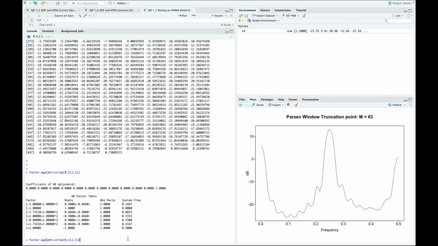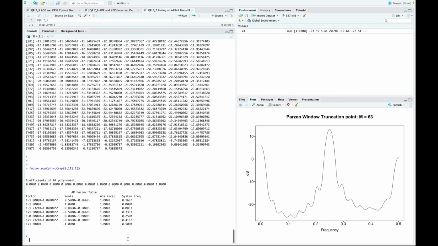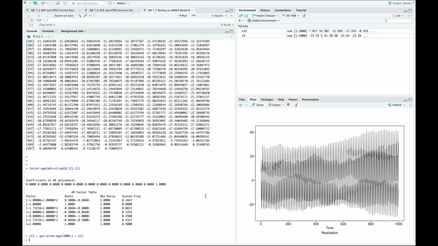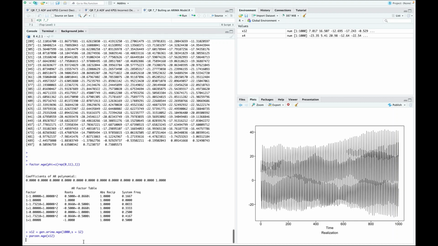So let's look and see what we did last time. A pro tip that you may know already is that hitting the up arrow retrieves prior inputs into RStudio. So I'm going to change that s equals 4 to s equals 12. So I'll generate 1,000 observations from a process that has 1 minus b to the 12th. And that's what it looks like for this particular realization. If you ran it, yours looks a little bit different. But if we do the parzen, again, I'll hit the up arrow here, parzen x12, and what we should see are